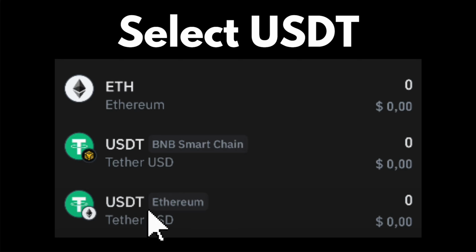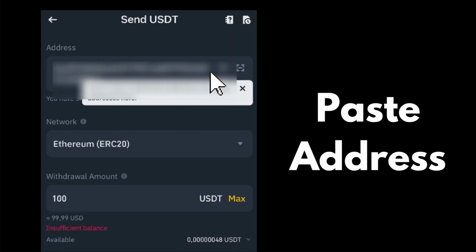You can choose either BNB or Ethereum based on your preference. So after that, a wallet address will pop up on your screen, and you will be needing to copy it to be able to transfer from your Binance onto your Trust wallet. After copying it, go to Binance again, and then just simply paste your wallet address onto the address section, and make sure that the network is based on the Ethereum or Binance chain, whatever your preference is, whether it is Ethereum or Binance.